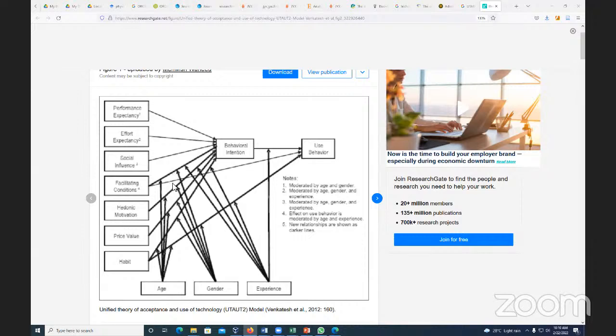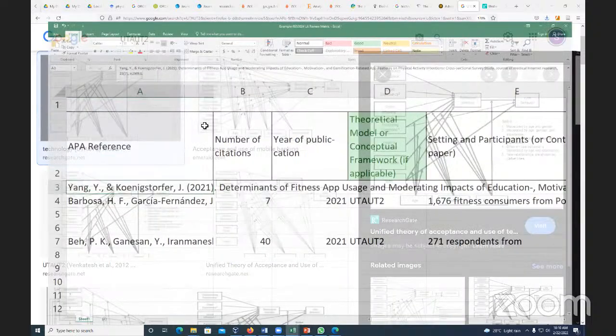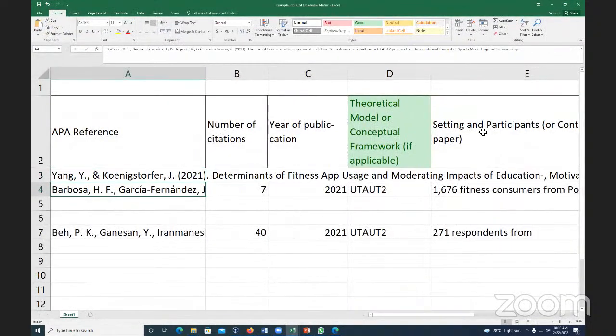Everybody following where I'm going with this so far? So this is a quick introduction to the UTAUT model. So if you now understand what the UTAUT model is, I am now saying, here we have the assignment. So the part that is the most challenging here is that